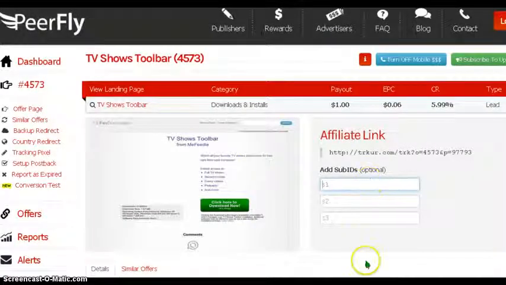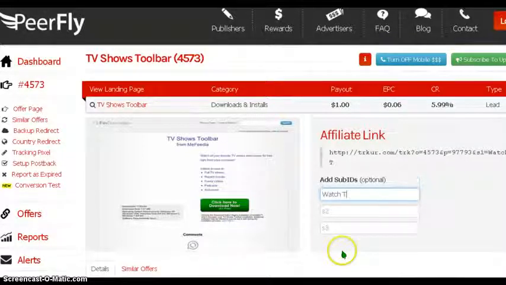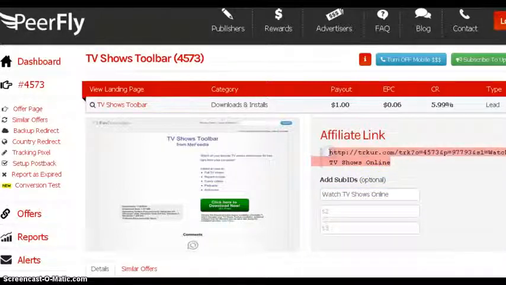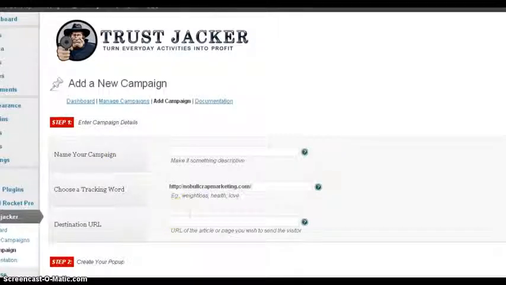But what I basically do at Peerfly is I normally give my offers a tracking code, so that I know where it's coming from, because I have so many offers. I want to know which one it is. And so once you do that, it adds it to your affiliate link. And what you do is you copy it, Control C, and you come back here